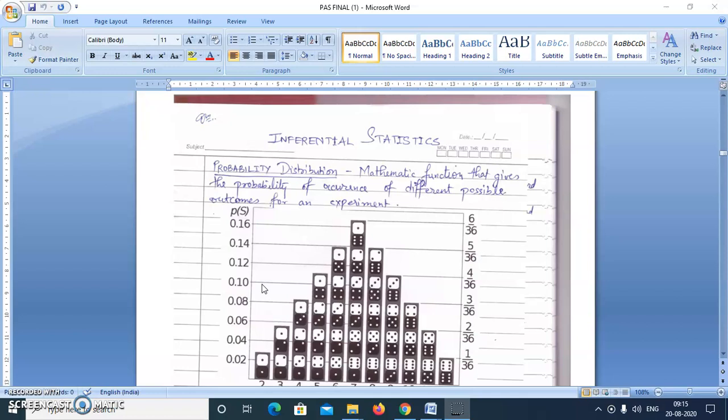Today we'll start inferential statistics. We have already discussed the difference between descriptive statistics and inferential statistics, and we discussed some basic measures of central tendencies and variation in the last class, which come under descriptive statistics and was just a revision of the part you have already studied. So now we'll start the main topic.